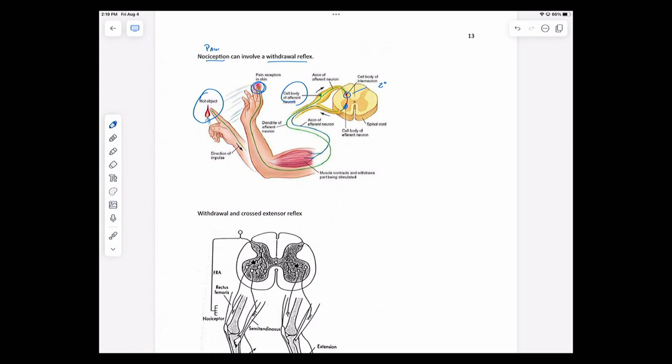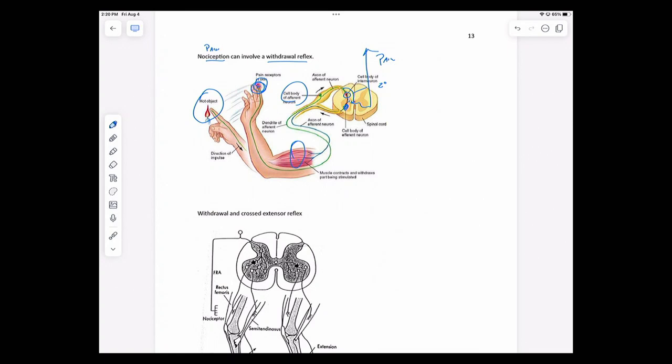The point being is that you burn your finger. It's going to go straight to the spinal cord, and through a series of internuncial neurons, or interneurons, it's going to lead to a contraction of that muscle there. What is really interesting about this, though, is you have your receptor here. This comes in and synapses on some interneurons that are going to lead to the contraction of that muscle. But again, these also connect with other neurons that are going to send the pain signal up to your brain for conscious appreciation of the pain or the burning sensation on the tip of your finger.